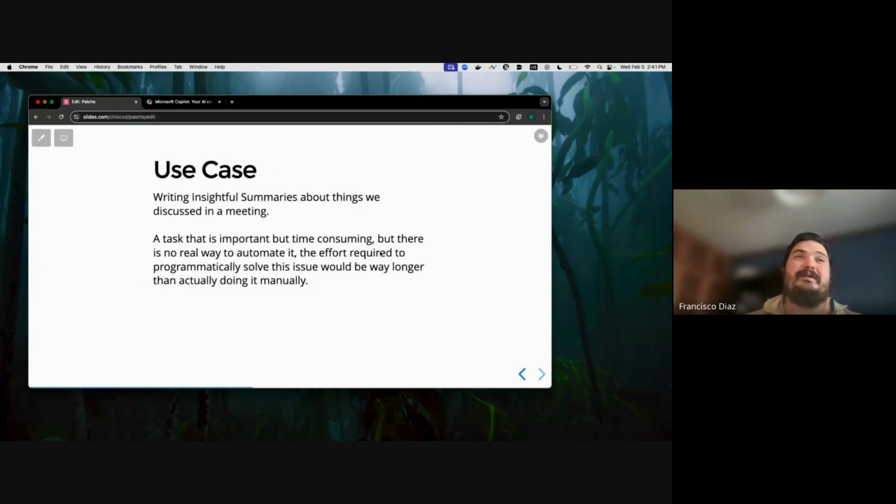But that's where, well, actually, first let me talk about this specific use case. One of the tasks we have to do is keep track of all the meetings we have, jot down notes. Also, it's sometimes useful to go over a recording of a meeting if we have one, take some additional notes, and try to do a summary that we can then communicate to someone. But of course, this is definitely too complex to automate. It wouldn't have even crossed my mind that this is something we could automate. But then, of course,